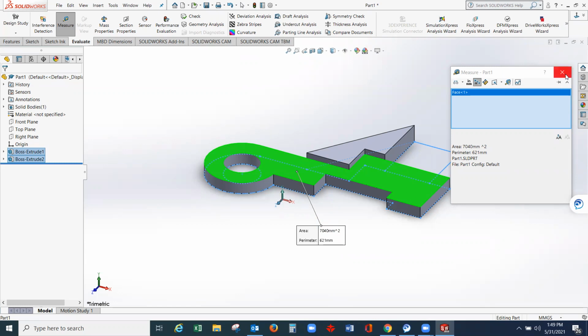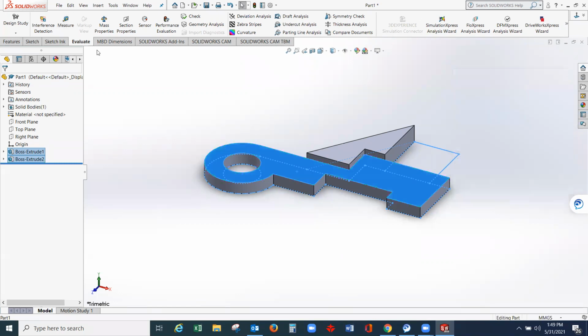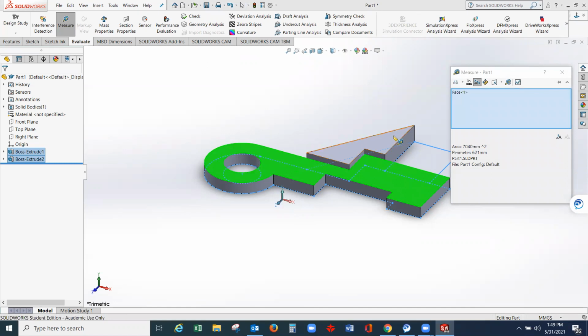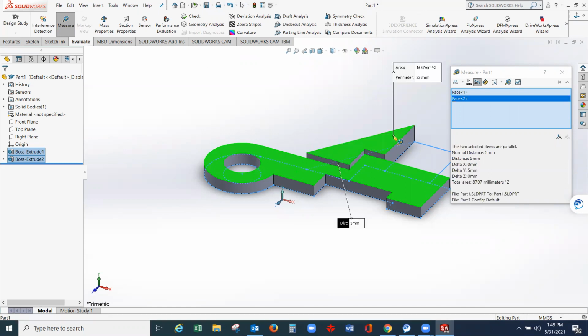So let's do it again on the other part. So again, go for evaluate, measure, select this region. It will find the area. So this area will become 1,667 millimeter squared. So that should be the area of the other region. Okay.